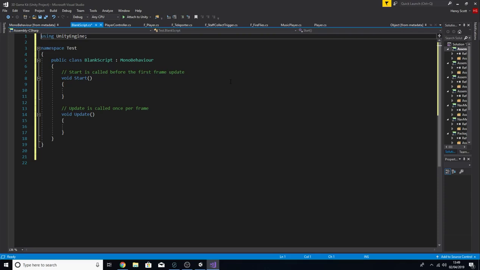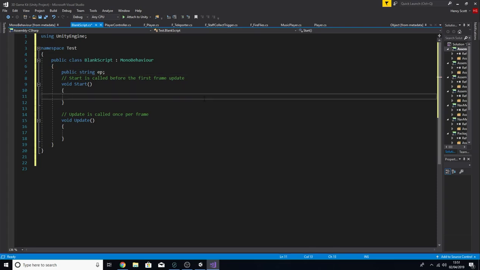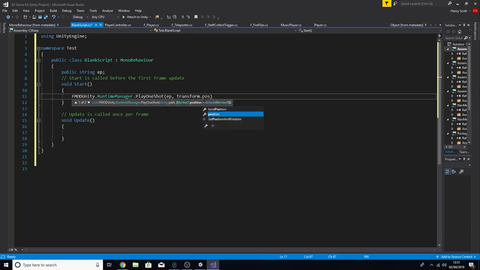Awesome, so now that we've looked at how C# namespaces are used by Unity, it's time to see how FMOD, and by extension we, can utilise them ourselves. Now, so far we've looked at many different FMOD commands that can play, stop, change and affect our FMOD events in our game, while most of them are utilising C# namespaces and classes in order to work. So let's quickly create a public string in our main class, which we'll call EP, short for event path. And in our start function, we're going to write fmod unity.runtimemanager.play one shot,